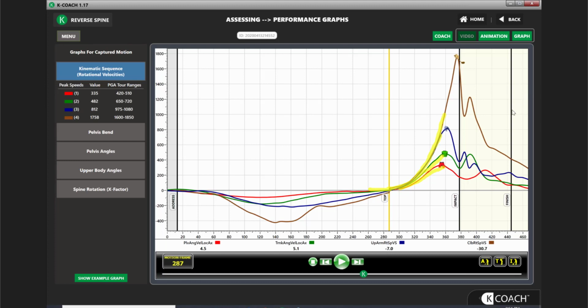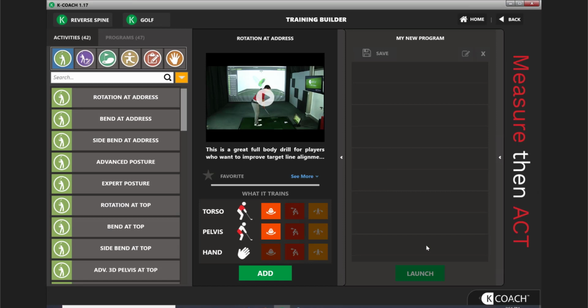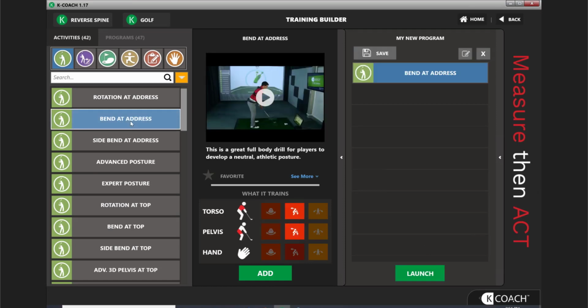So how I would train this is I would again go into my train button here. And I know that I always want to start with bend at address. The reason being, which I didn't mention before, but I will now,